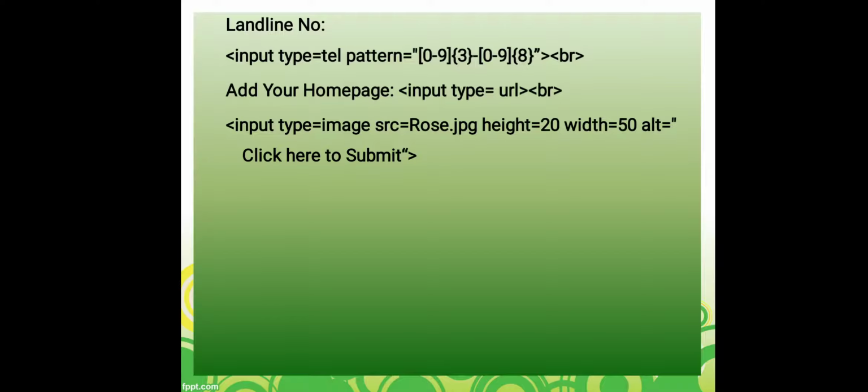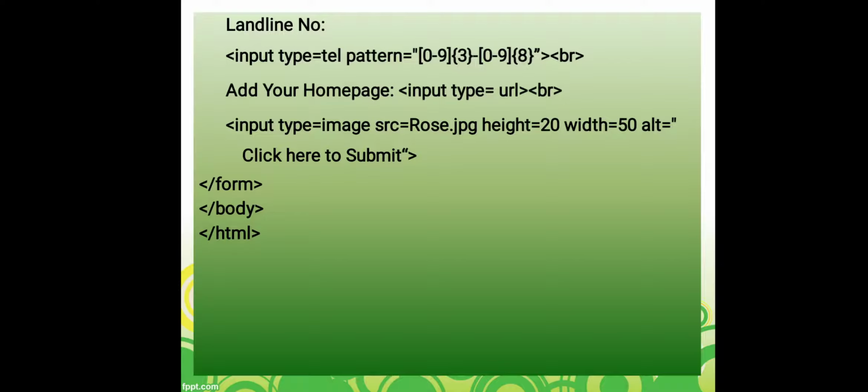Also you can specify some alternate text to the image, so that if the image is not displayed, the user must know what he has to do. So what I have given is, click here to submit. I think this was not given in the question, but it is better to use the alt attribute as well, right? So this was the assignment solution. I hope now it is clear. So should we move to the next part, which was very important?